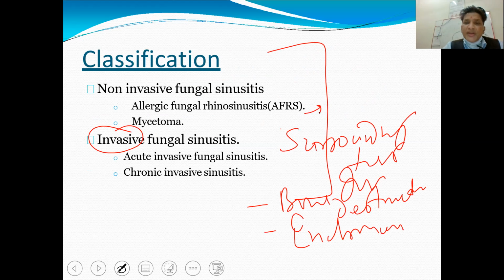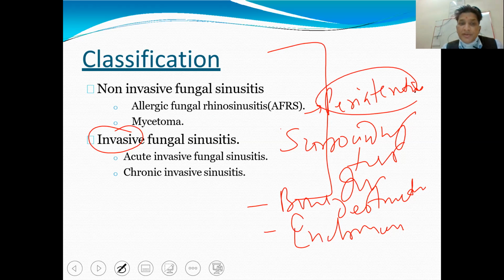Encroachments, and also there is a periarteritis, or arteritis of the arteries which supply the nasal cavity mucosa and paranasal sinuses mucosa. This fungal element goes along these blood vessels of the mucosa and then spreads along the basement membrane. Because this rapidly expanding fungal pathology needs increased vascularity, which is provided by the arteries, and the